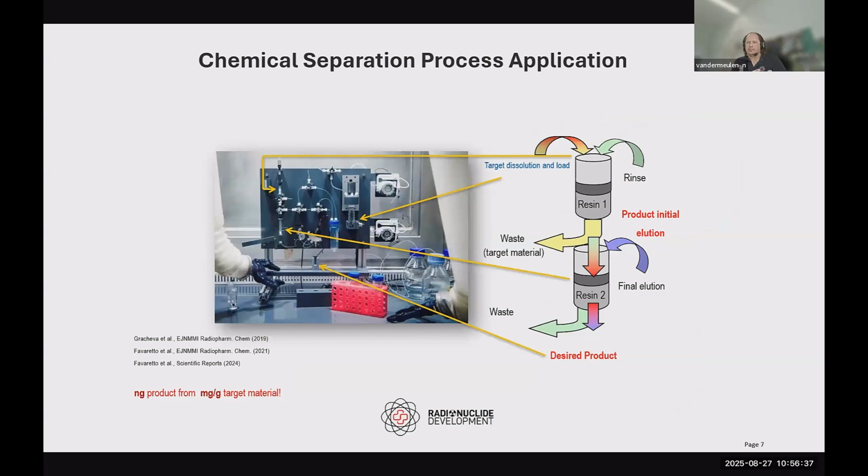For me, from the world in which I live and work, we focus predominantly on the chemical process application. What is vital about this is that we have target material that we use for a specific irradiation. Generally that is in milligram quantities, sometimes even gram quantities, depending on the nuclide that needs to be made. And we have to develop processes to ensure that we get the desired nuclide out